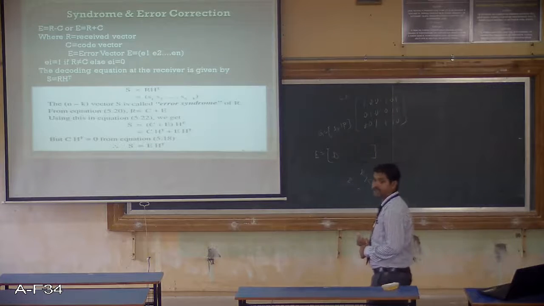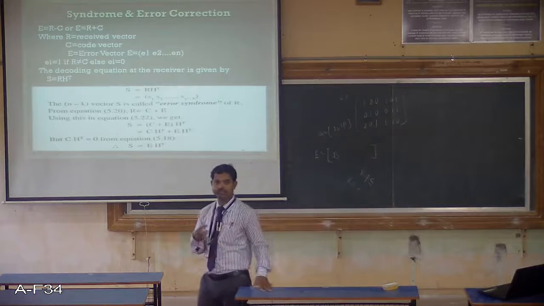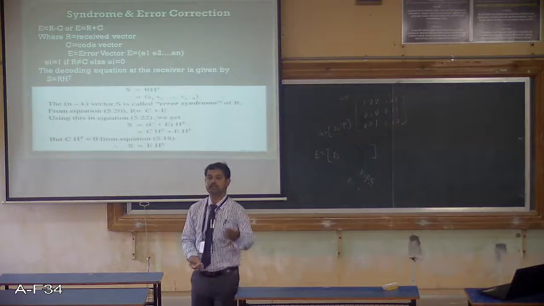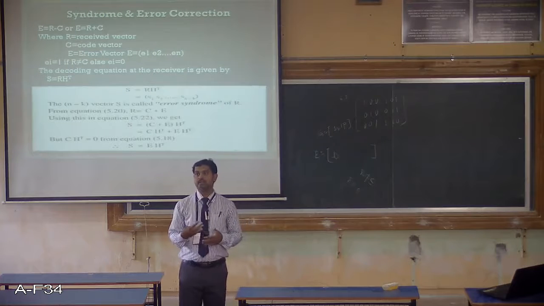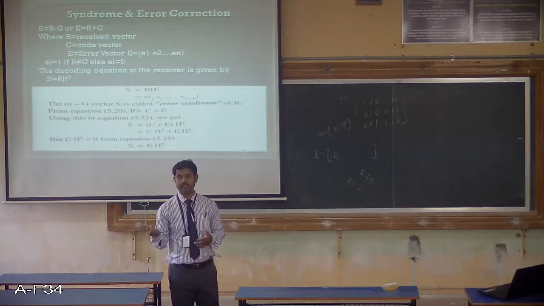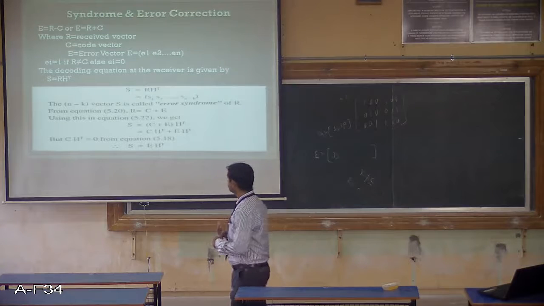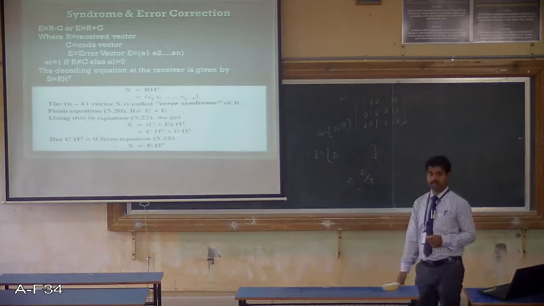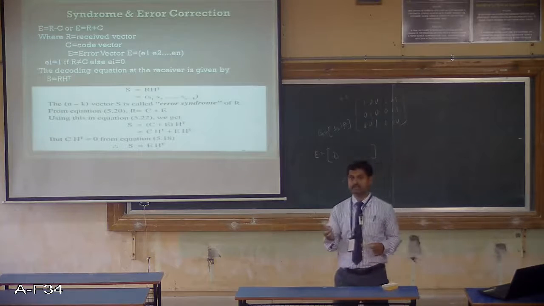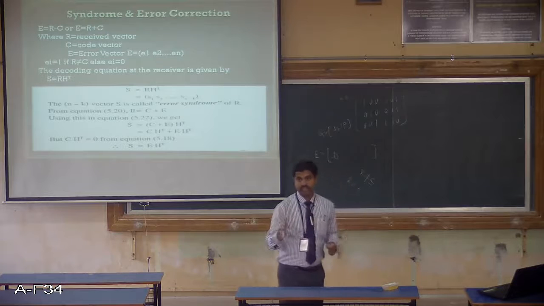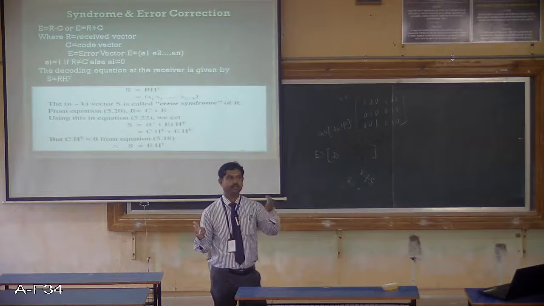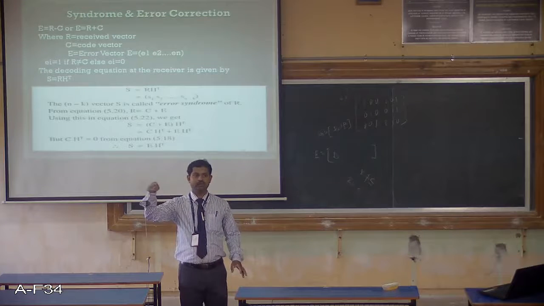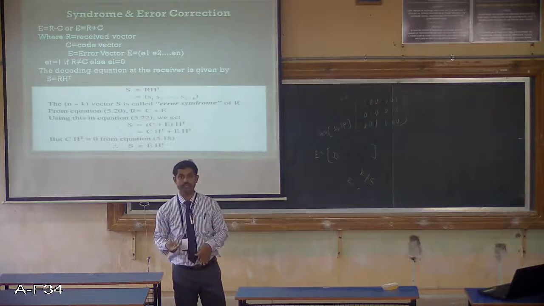So the decoding equation at the receiver side. At the transmitter C is equal to DG, I did it. But at the receiver you have to perform some decoding, no? Once the received is not equal to C, you should generate some pattern. That's the decoding to be performed. The decoding equation at the receiver is S is equal to R H transpose. R is the received sequence. H, you know, is the parity check matrix. We can easily produce it from G. H transpose means rows become columns. From H I can produce H transpose.